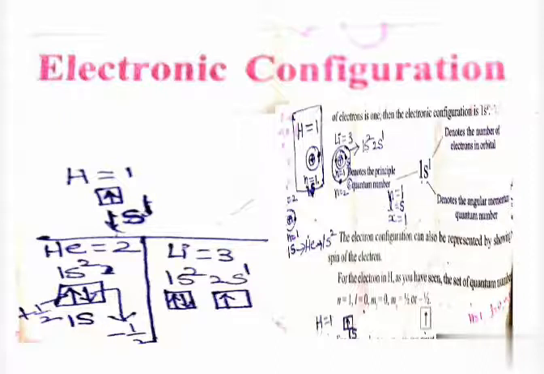At the same time, by this method write the electronic configuration of helium. Okay, we will write it now. Helium has atomic number 2, so 2 protons and 2 electrons are there. First the nucleus will come, then the N is equal to 1 shell. In that shell we keep 2 electrons. How many subshells are there in the N is equal to 1 shell? Only one subshell, 1s.